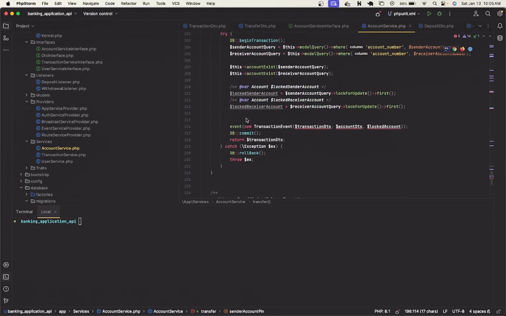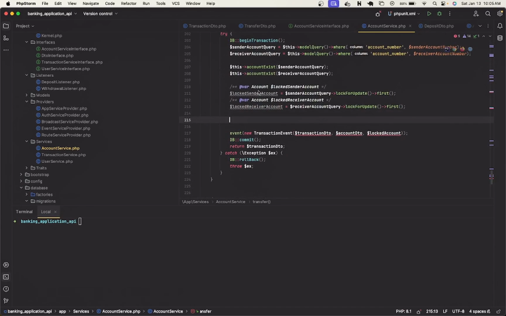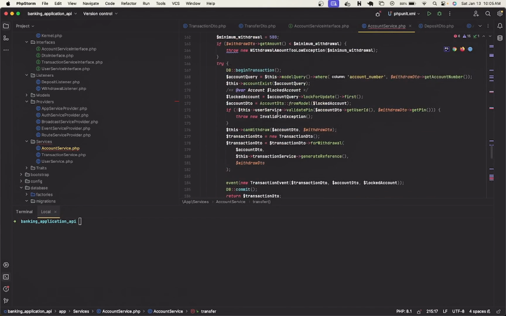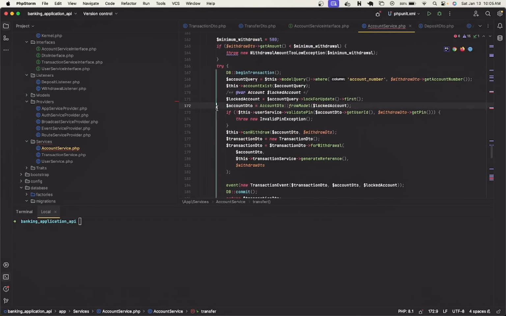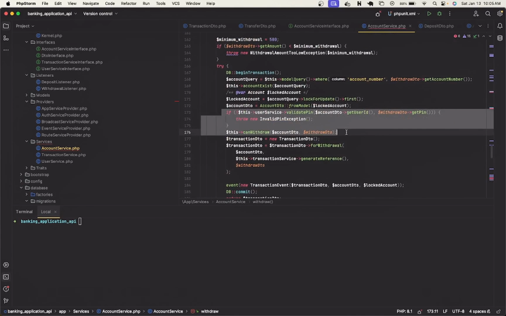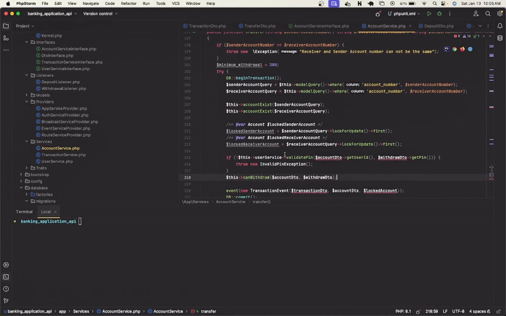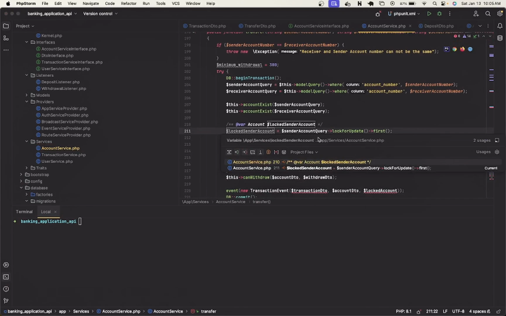So once we have those two accounts, the next thing we want to do is validate the pin that was given to us by the sender sending money to the receiver. So we want to check if this, let me just copy that particular section from our code. So we want to check if the sender accounts, the sender,